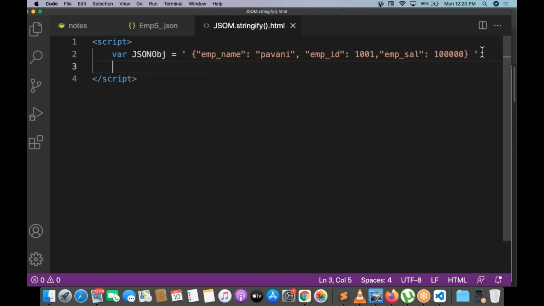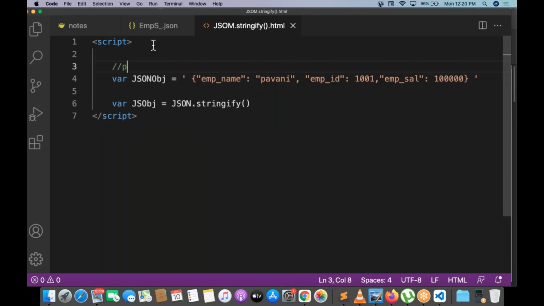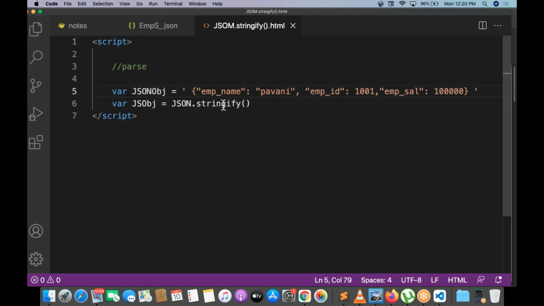What do I want to do? I want to do parse, where the JS object is equal to JSON dot parse. So this is JSON, right? Let me do the parse first. What is parse doing?